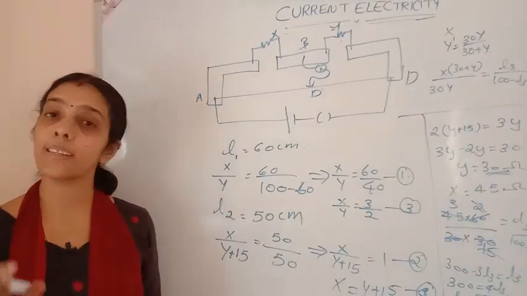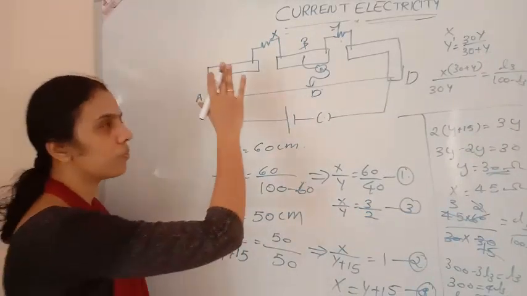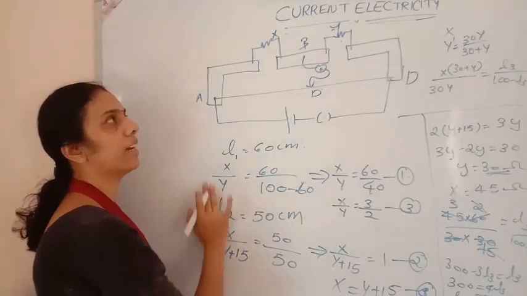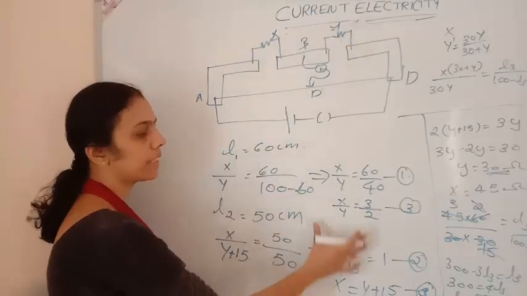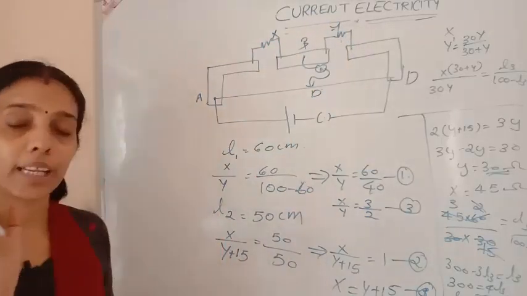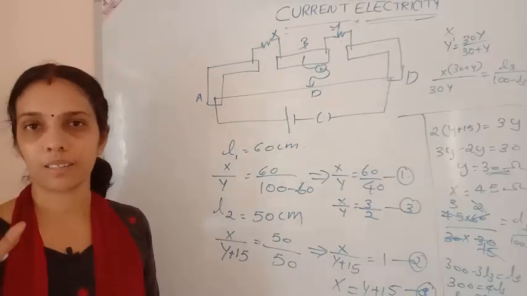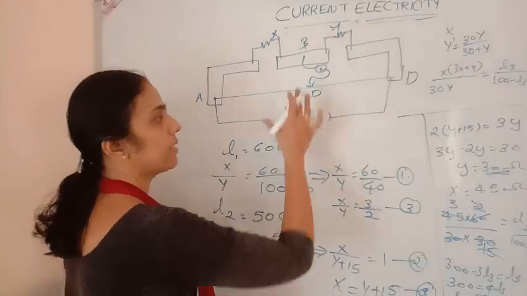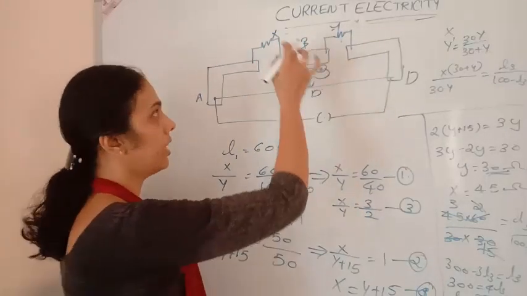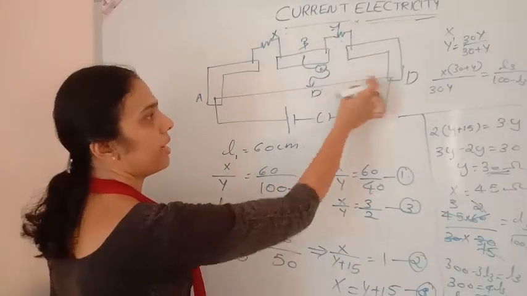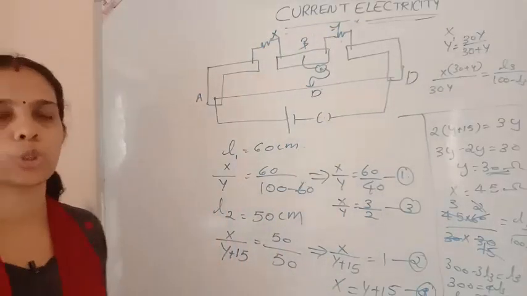This is a previous year sample paper question. So it's very easy to find out the final answer if you know the x and y values, you should identify. So while seeing the question and seeing the circuit diagram, don't think it's difficult. You should understand it is Wheatstone's bridge and meter bridge. X by y equals L by 100 minus L. That one you should remember.